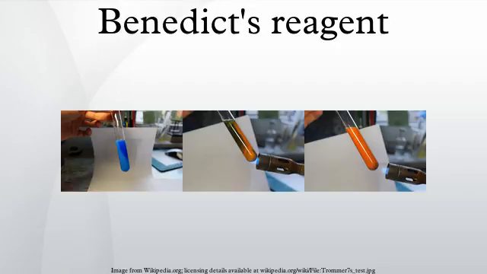Benedict's solution: Benedict's solution is a deep blue alkaline solution used to test for the presence of the aldehyde functional group, CHO. The substance to be tested is heated up to 95 degrees Celsius with Benedict's solution. Formation of a brick red precipitate indicates presence of the aldehyde group in relatively high concentrations. Since simple sugars give a positive test, the solution is used to test for the presence of glucose in urine,